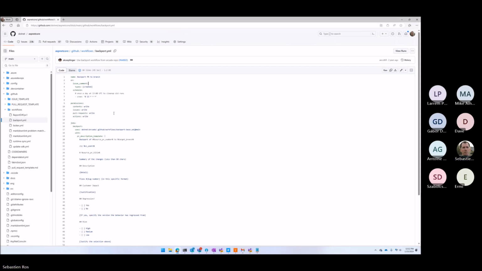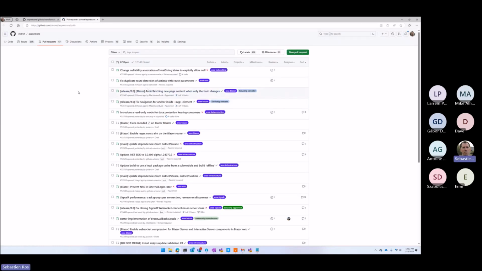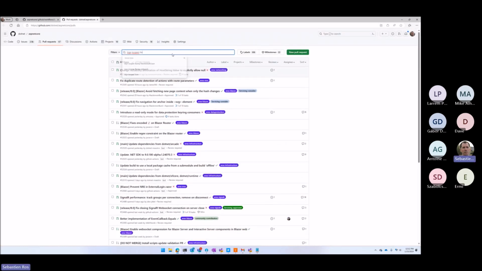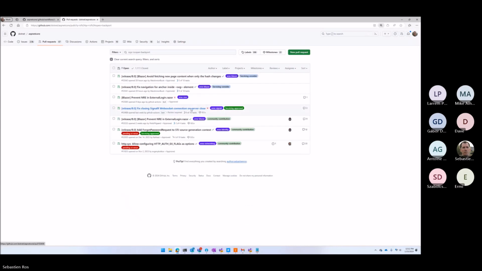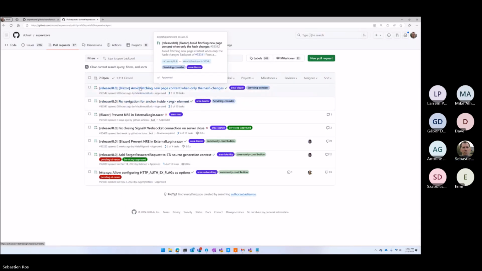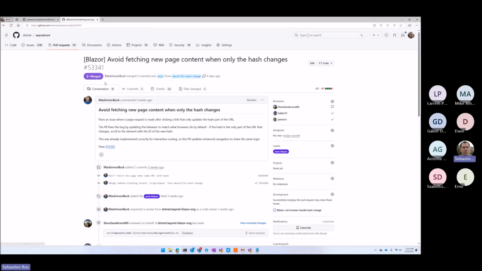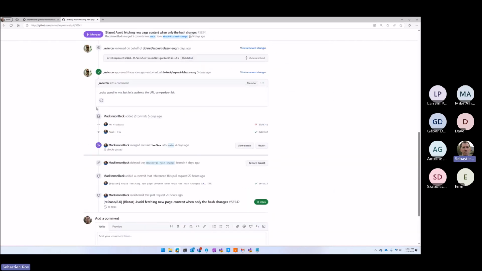Let me show you an example, because I know there was one yesterday that I commented on. Imagine you have a PR on main that was merged. You fix something that you want to ship as a service release. Exactly what you did. We had the commit in main, and there was a PR. So this is a PR. Once the PR is merged, you can go and add a comment like